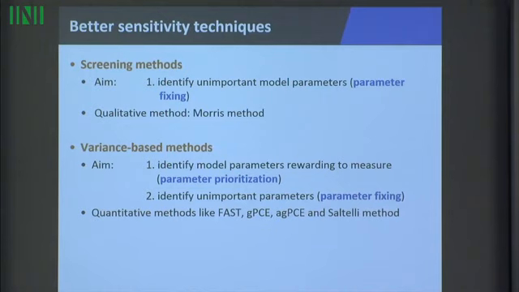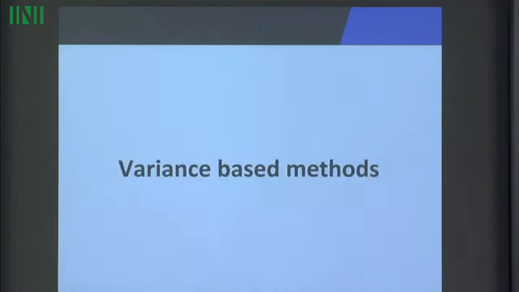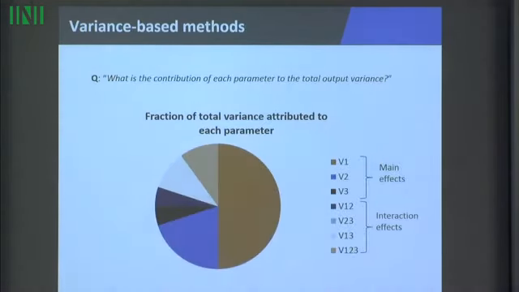And you also have, that's what the group from Allison Marsden quite often uses, a Lagrange interpolation method to calculate those indices. But I will now focus on the generalized polynomial chaos expansion, because in our experience that was for us the best alternative. But first, what's the variance-based method? Now, the variance-based method